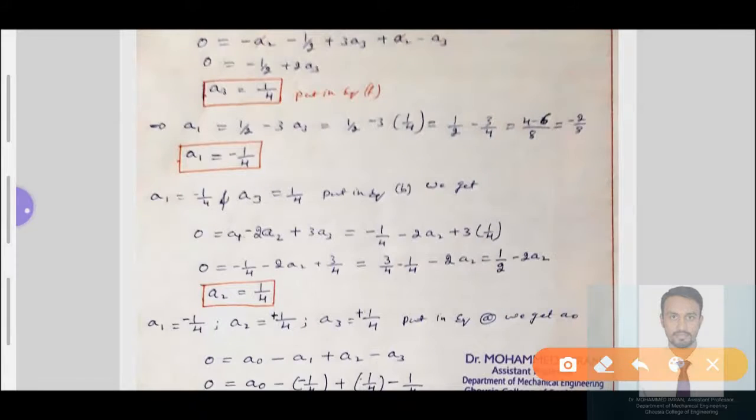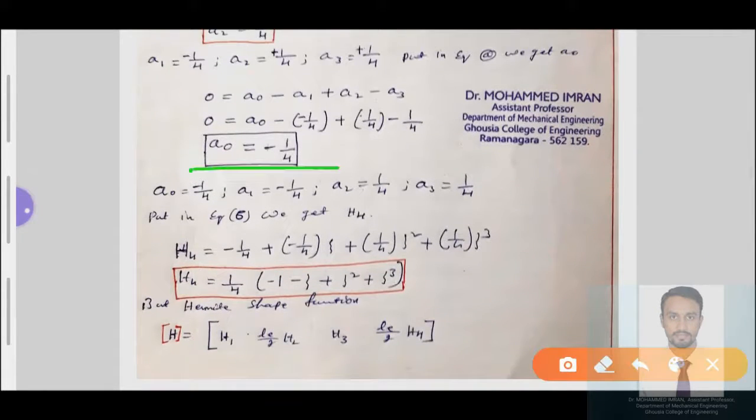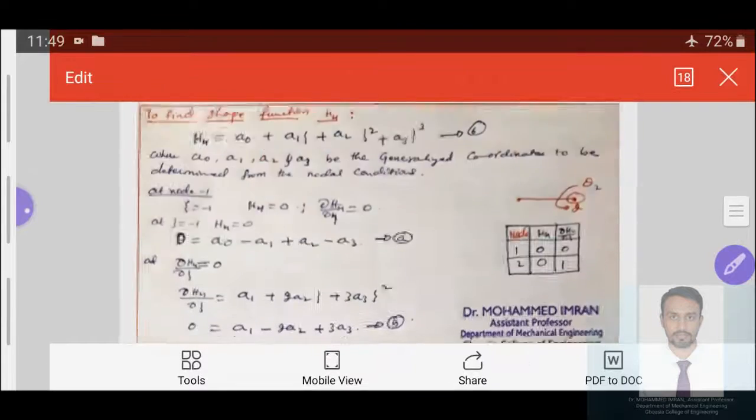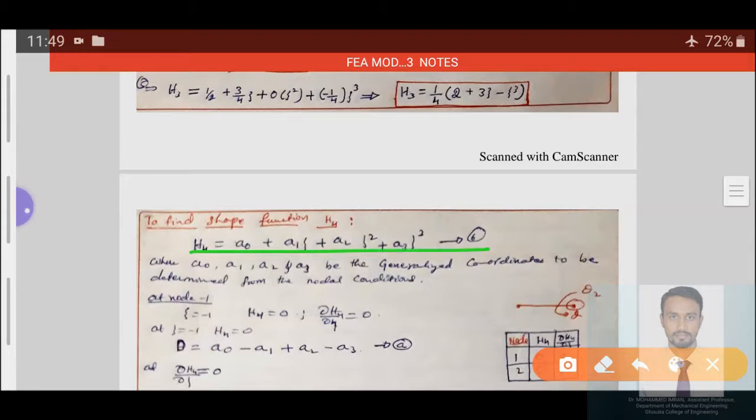We'll get a3, a1, a2 and a0. All the values will be in terms of 1 by 4, similarly as the theta 1 value we found. When you substitute a0 as minus 1 by 4, a1 as minus 1 by 4, a2 as 1 by 4, a3 as 1 by 4 in equation number 6, to find the h4 value,